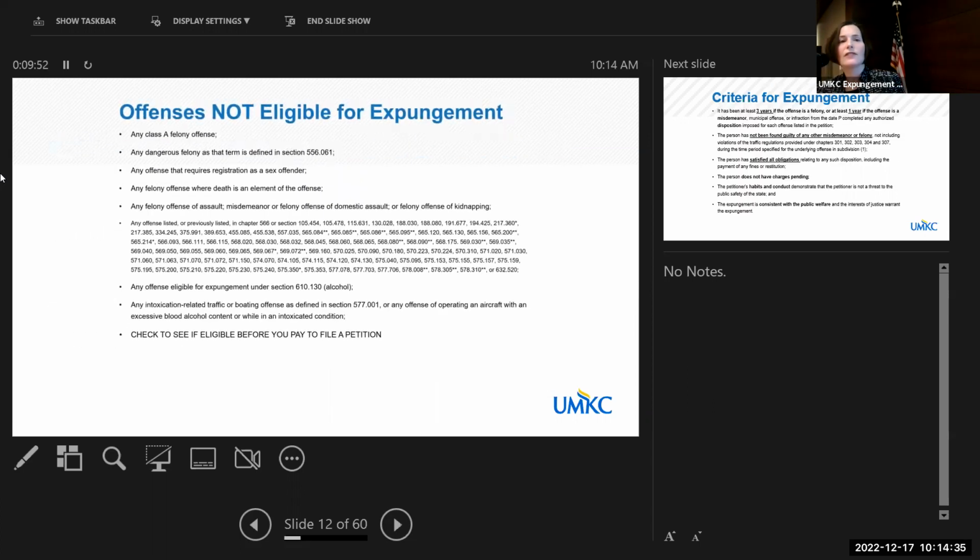There are a lot of offenses that are not eligible for expungement, and I'm sorry that I had to fit this all in. This is in the statute handouts that you can receive in the back as well. Essentially, just as a summary, if it's an A felony or a dangerous felony, a sex offense, something where death is an element, you're not eligible for expungement. And then where people get tripped up really is the list of all these section numbers. So you need to look at your charging document and see what section you were charged under and cross-reference it to see if it is a